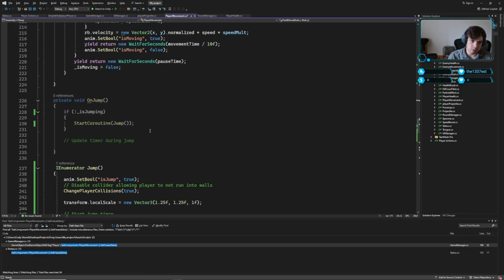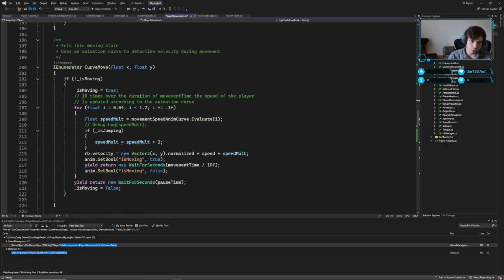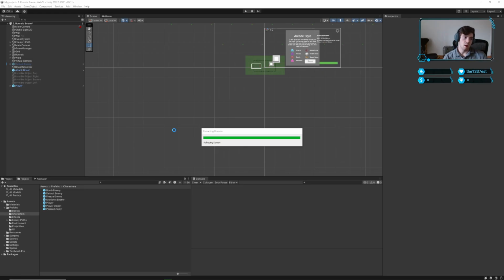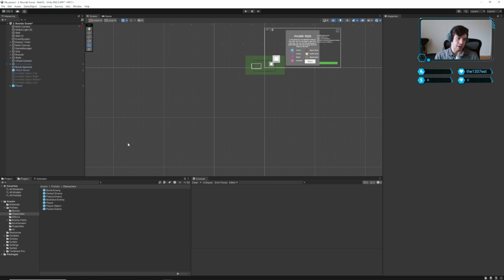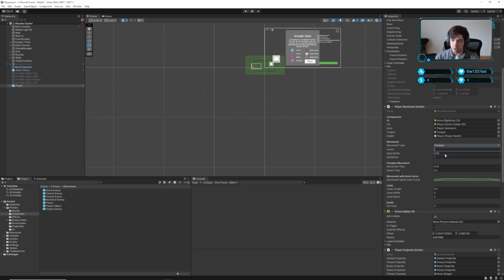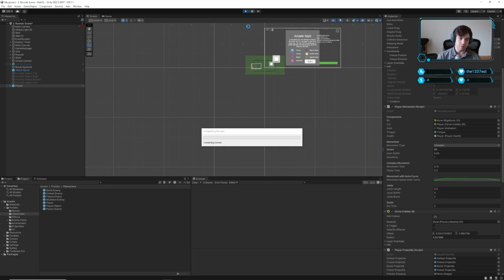Let me try this and throw this in curve. I don't know, man. This is actually ridiculous. I don't know what's going on. We could change the speed back to 50. But even so, I really don't think that's gonna make the